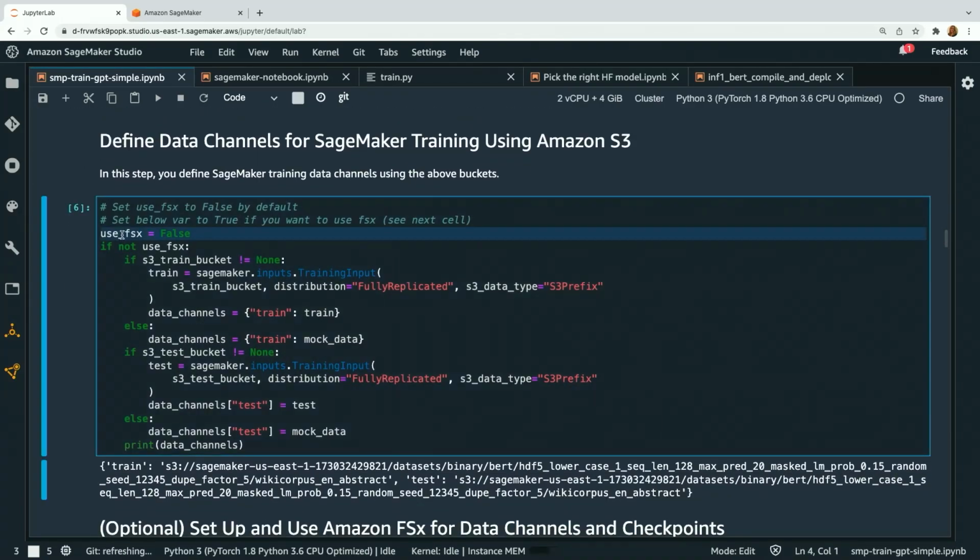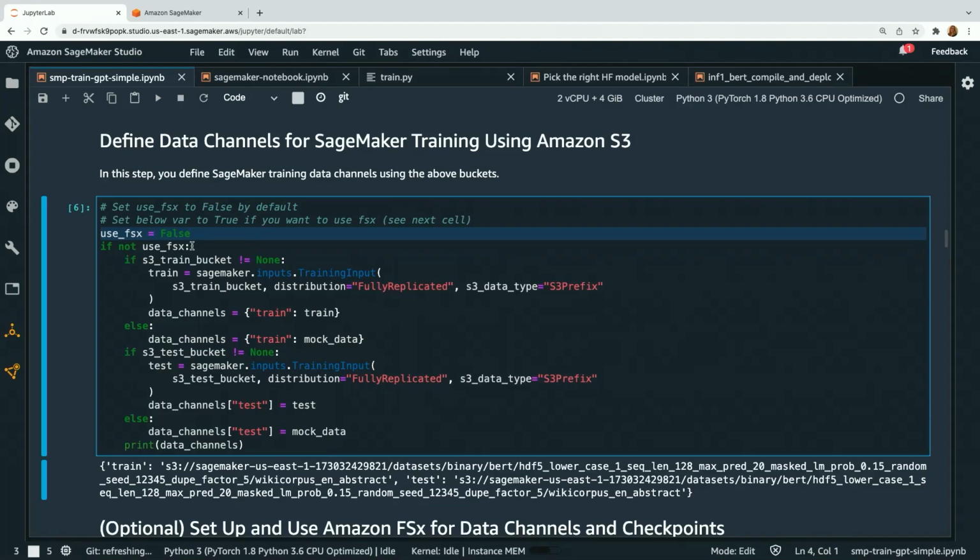And also you can point to FSX. So remember, FSX is an optimized file store for AWS generally, FSX for Lustre. In SageMaker, we can train on FSX actually. So when you're working with larger data sets, really anything beyond 50 gigabytes, I would look at trying to put that into a SageMaker FSX for Lustre file store. That's because two reasons. Number one, the data download is just so much faster. Part of your job wait time actually is just waiting for the data set to be downloaded from S3 to your SageMaker training cluster.